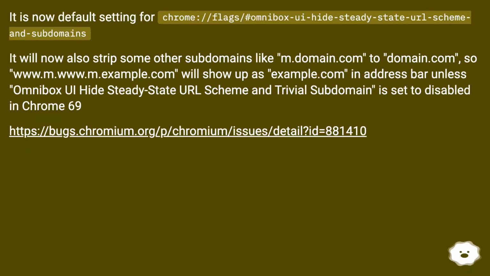It is now the default setting for Chrome //flags/#omnibox-ui-hide-steady-state-url-scheme-and-subdomains. It will now also strip some other subdomains like m.domain.com to domain.com, so www.m.www.m.example.com will show up as example.com in the address bar unless Omnibox UI hide steady state URL scheme and trivial subdomains is set to disabled in Chrome 69. This URL